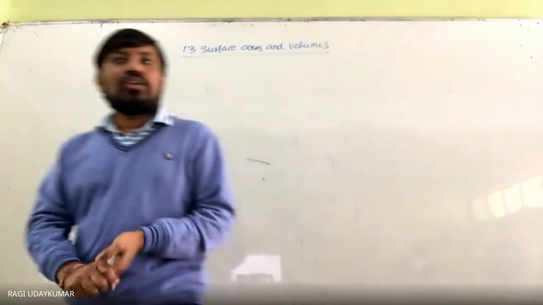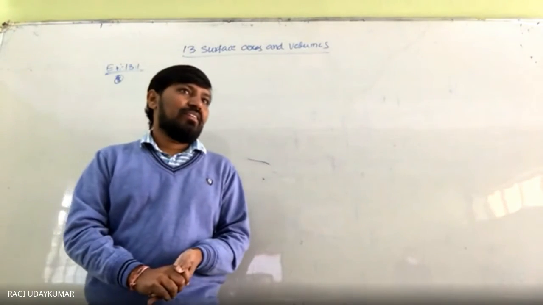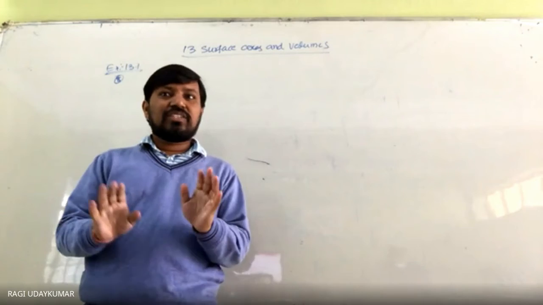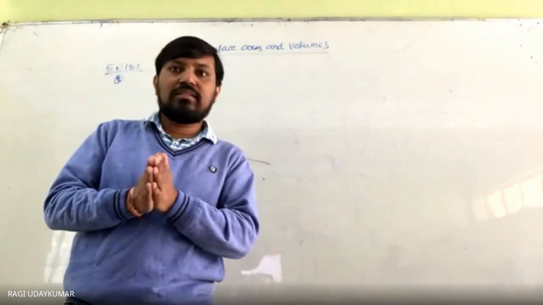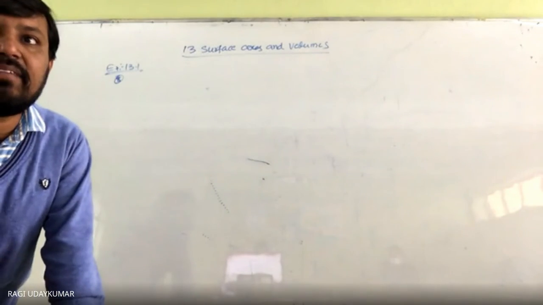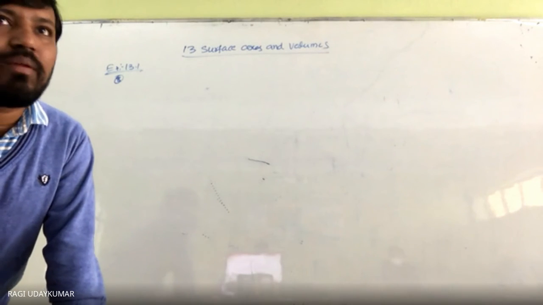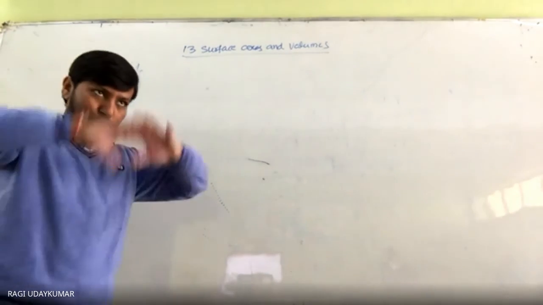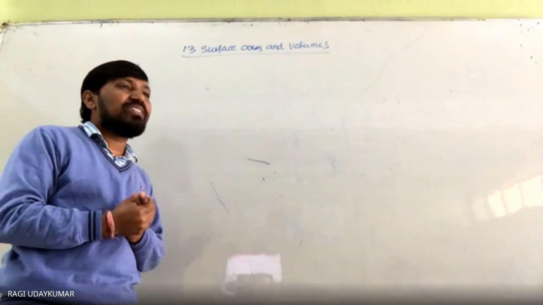So here, what to do in this situation? Just here the question is asking: height is 2.5 meters and the base dimensions 4 meters and 3 meters are given to you. So what to do in this situation? Nothing is there. This problem is simple. The question has given you a big situation. What to do in this situation?